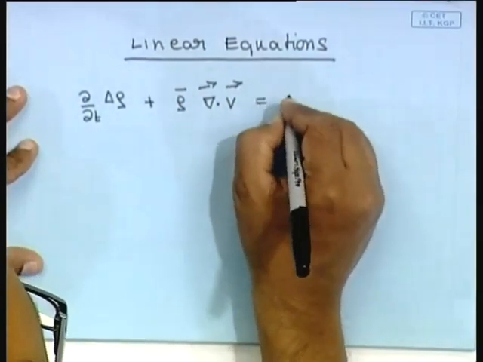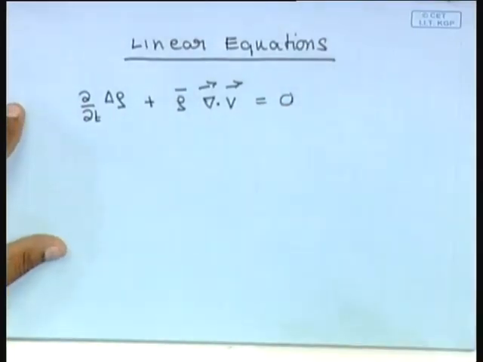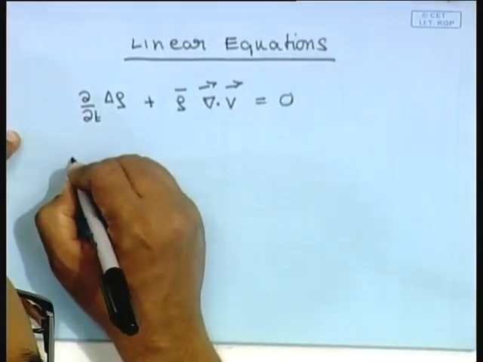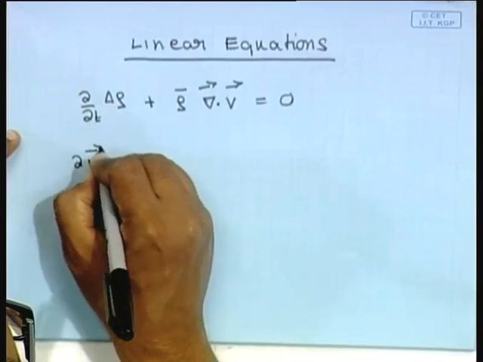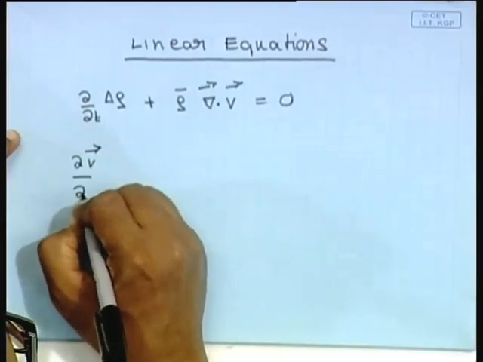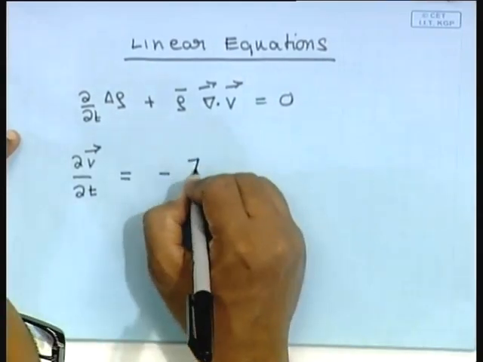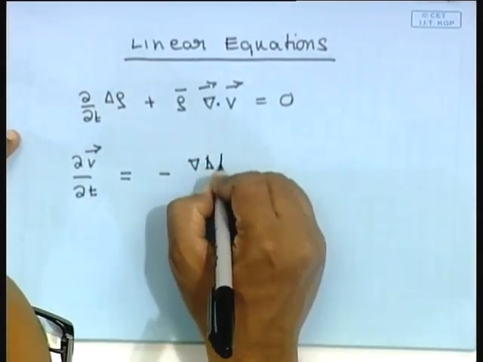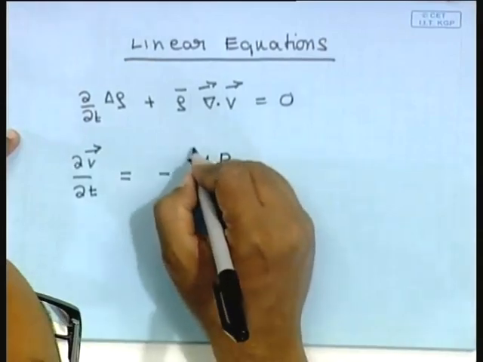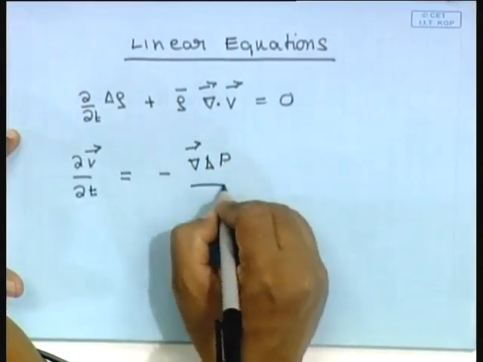This is equal to 0. This is the continuity equation. Next, the linearized Euler equation, del V by del T is equal to minus grad delta P by rho bar,